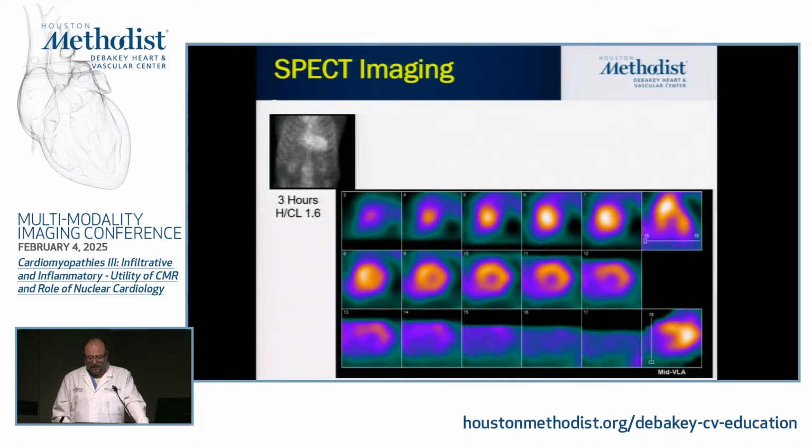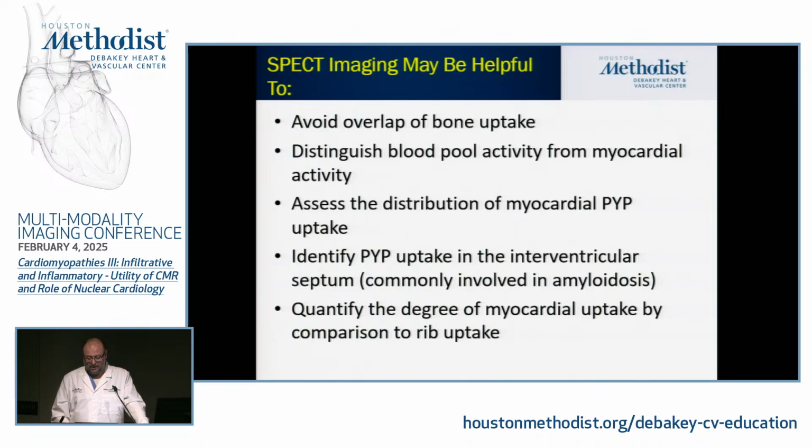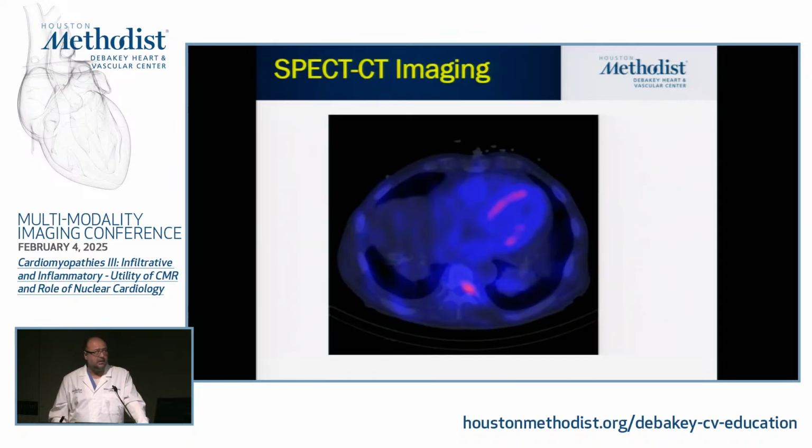So the diagnosis we make is based on SPECT imaging. If it looks like an MPI for you, like a regular nuclear stress, then this is grade 3, and this is a very high suspicion. SPECT imaging helps primarily in the blood pool to differentiate it from myocardial activity and the location of the uptake. And in our center for the past 4 years, we've been doing only SPECT CT,